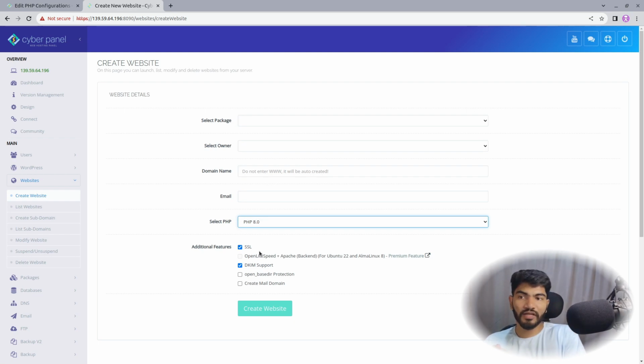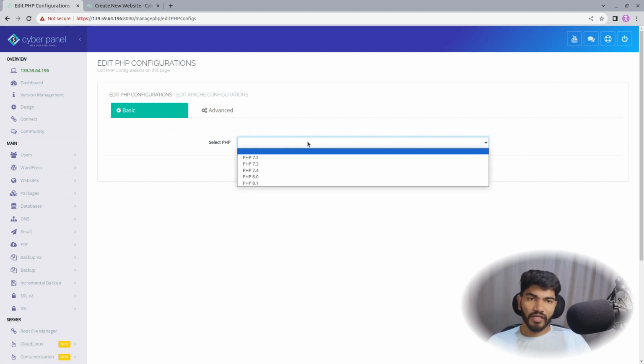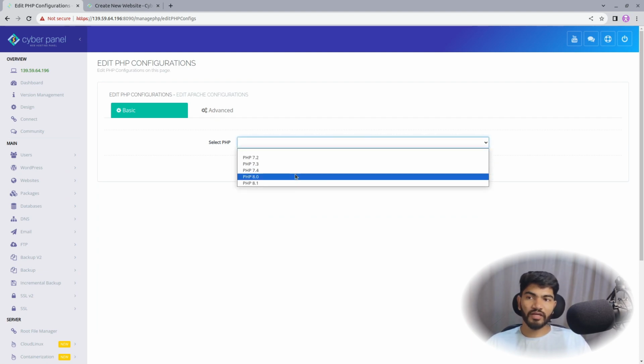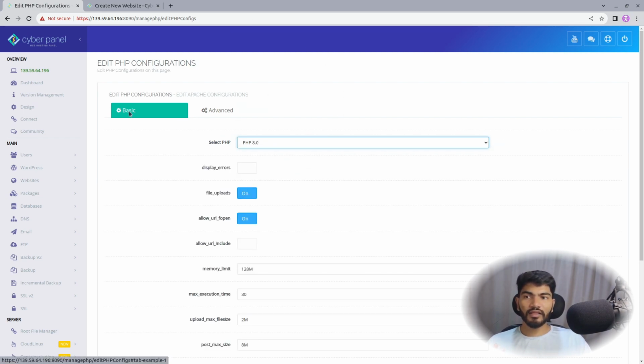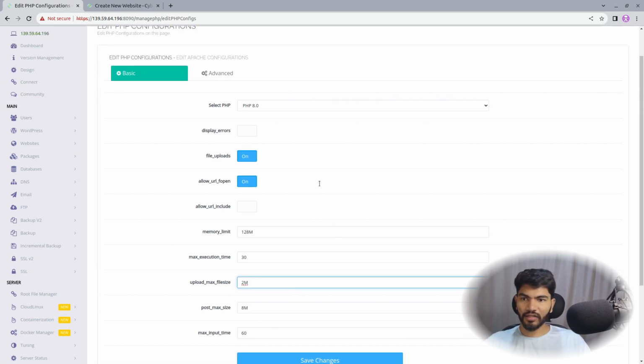If you want to host a static website, then it doesn't matter which PHP version you choose. If you want to host a Node website, or let's say a Django website or any other, then the PHP version doesn't matter. But if you are hosting a WordPress-like website, then definitely you need to select the PHP version. Again, there are some advanced configurations available. Let's say I selected PHP 8.0 in order to create a website. Either I can click here and edit some configurations. Suppose by default PHP allows uploading, let's say, 2 MB files on the WordPress website. But if you want to change the limit, then obviously you can change it right here,